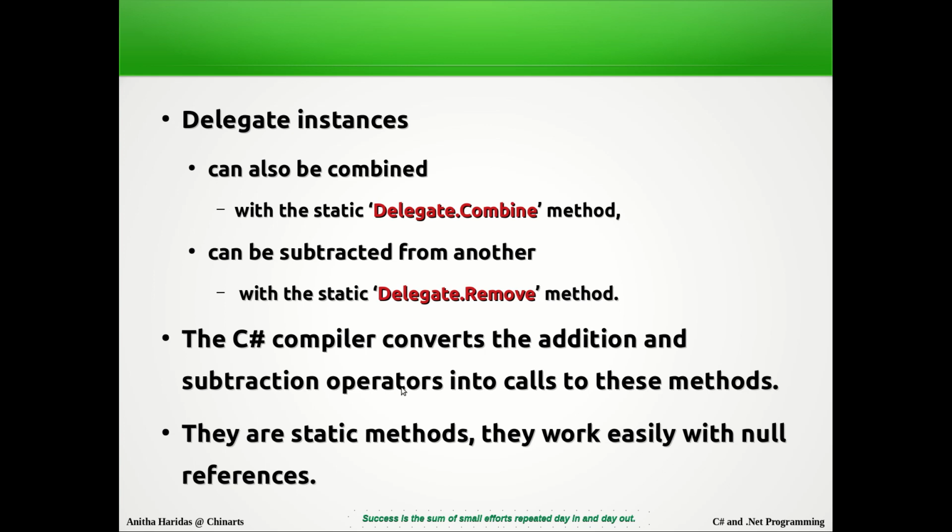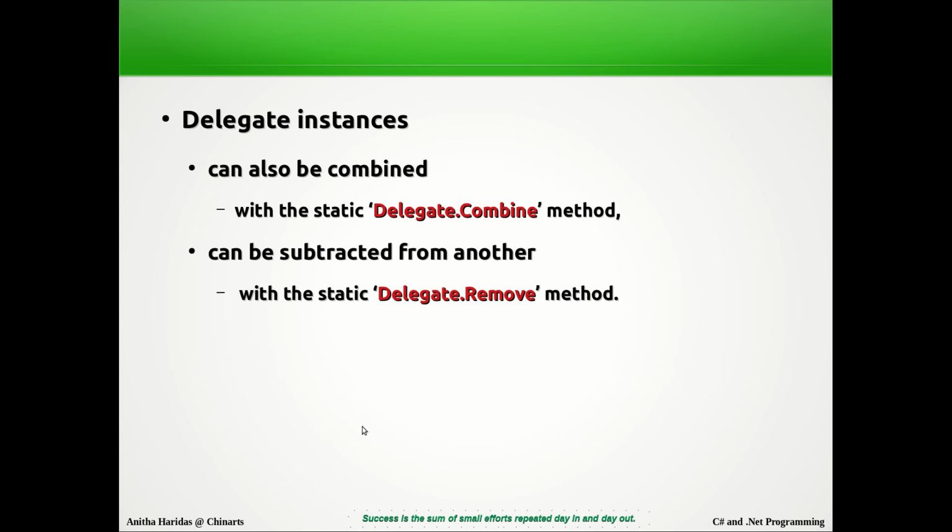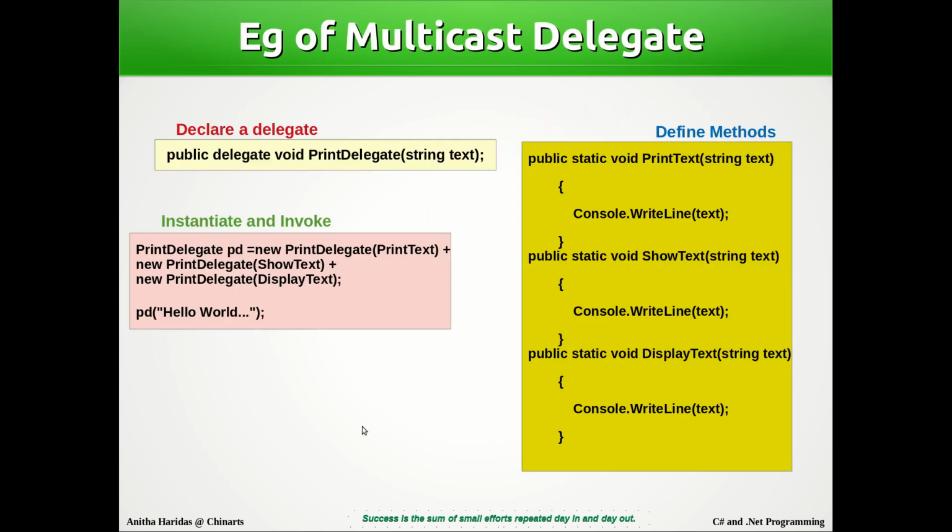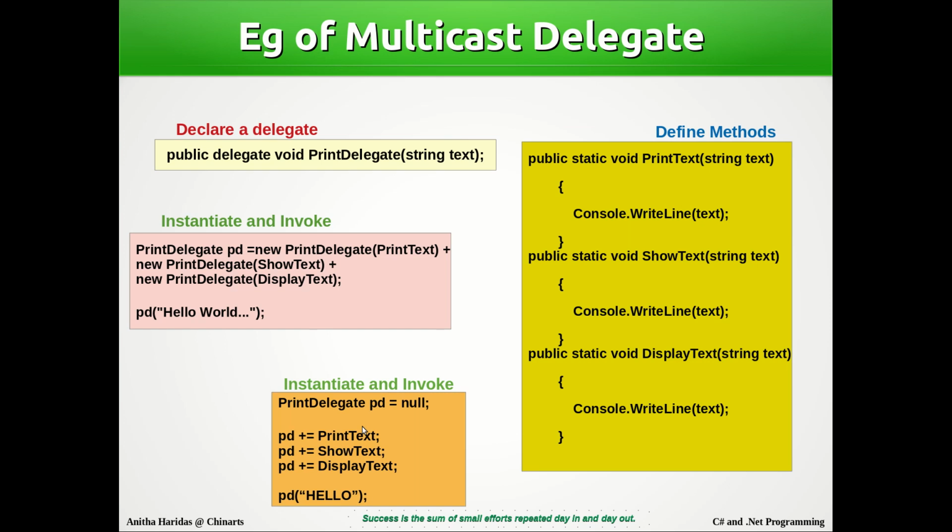Now suppose, for example, you want to remove one. Let us assume that at this particular point PD has three methods combined. What are the three methods? Print text, show text and display text. Now if you want to remove display text,